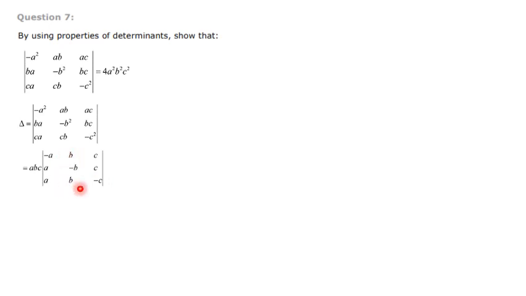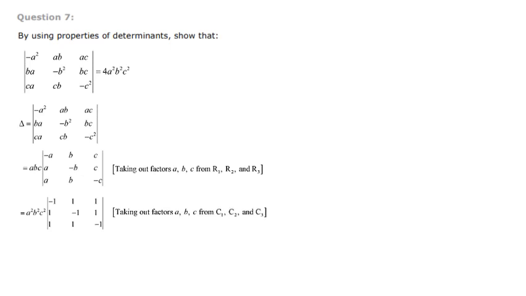When you analyze this determinant again, you can see in the columns, the first column has A common, the second column B common, the third column C common. Again we can take ABC outside. One more ABC coming outside means we will get A square B square C square. Inside we will get, if A goes, the balance is minus 1, 1, 1. Similarly, if B goes, from the second column we get 1, minus 1, 1. Again if C goes, from the third column we get 1, 1, minus 1. So the reason is taking ABC from C1, C2, C3.